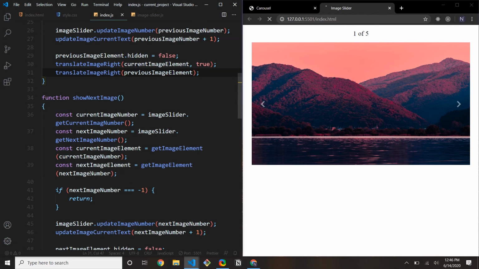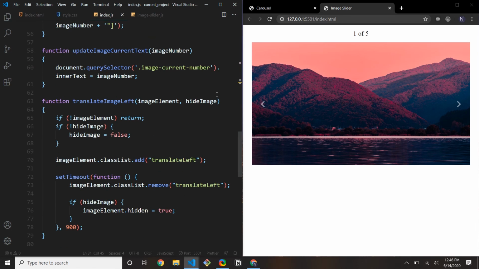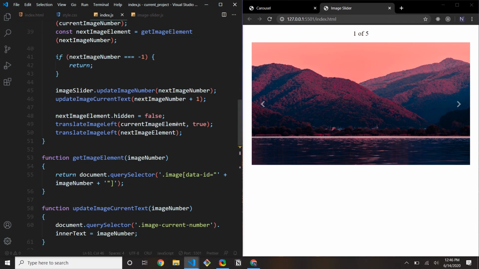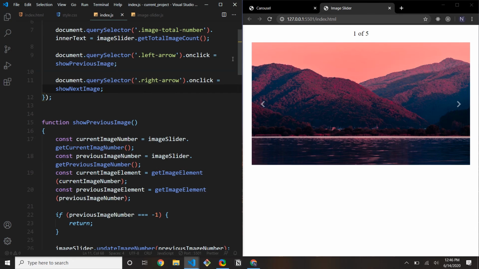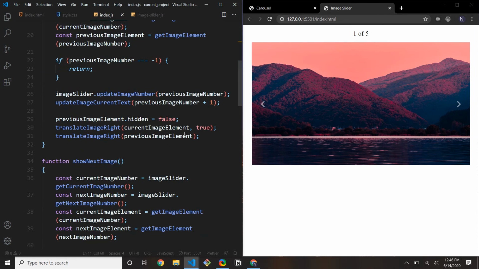And we don't have to pass in anything, because technically if you don't pass in anything here, it'll be undefined and it'll just set it to false. But ideally it would be better to pass in a false value here. All right,